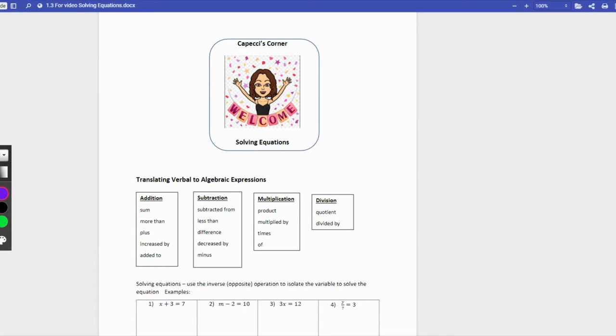Today in Capechi's Corner, we are going to look at solving equations. Now, this is a topic you've done definitely in Algebra 1 and pre-algebra, so we're just going to do a quick refresher. When we are translating verbal to algebraic expressions, these phrases are going to be very helpful when you're